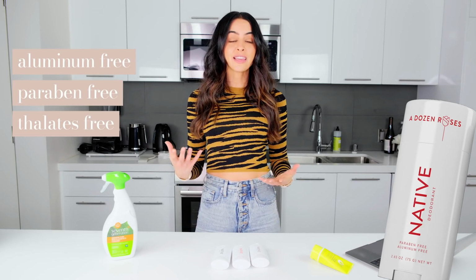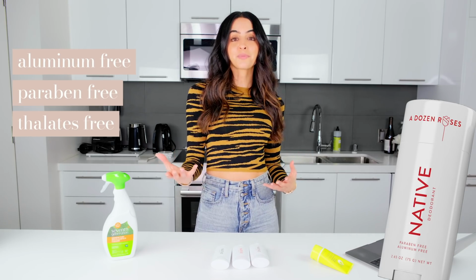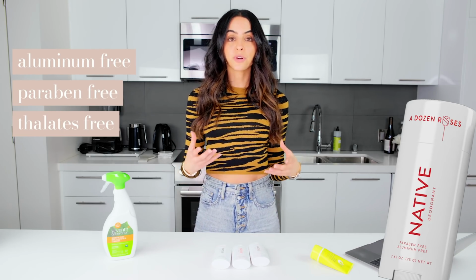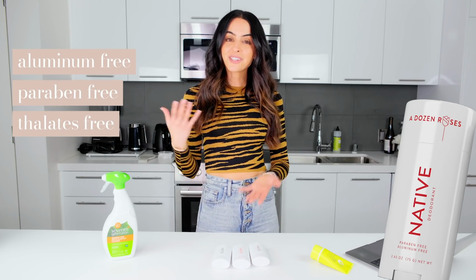What's weird is I feel like if I don't wear deodorant, I don't necessarily smell bad, but then I would use some natural brands and somehow smell worse. So I don't know. This never did that to me. I would say it took a few weeks to really work well. I kind of gave my body a chance to detox from using the traditional, more toxic deodorants, and then